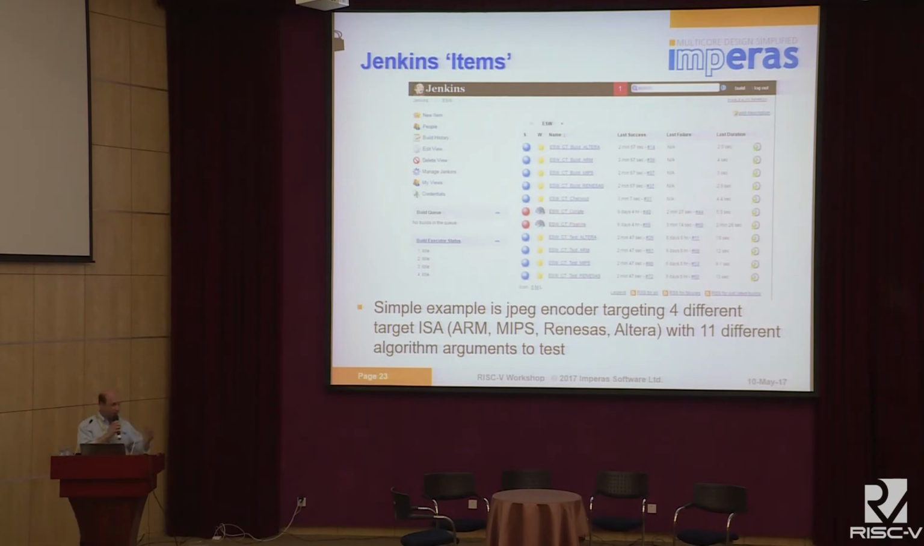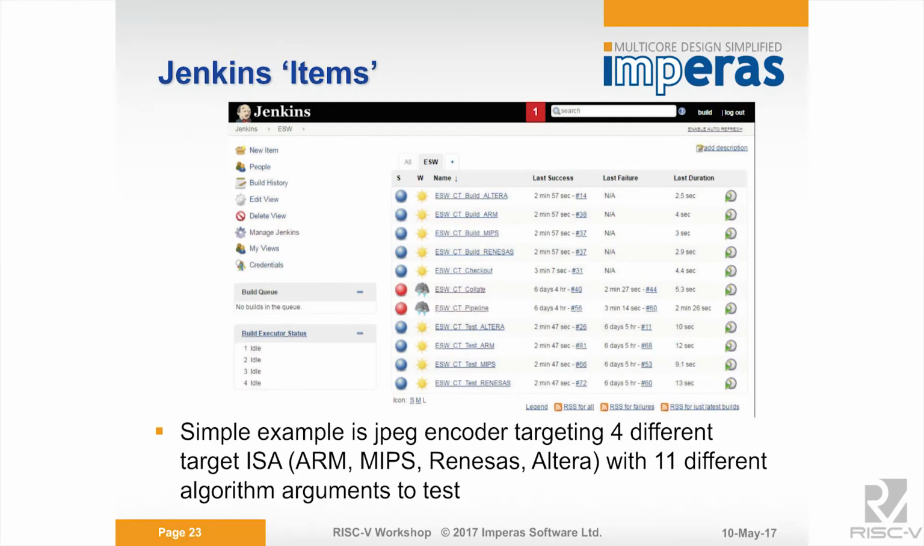So Jenkins has a number of items. I'm not going to spend a lot of time on what the screenshots are here, but in this example that we're running through, this is a JPEG encoder, which is targeting 4 different ISAs, ARM, MIPS, Renesas, and Altera, with 11 different algorithm arguments to test. So you've got a fairly limited test space here,